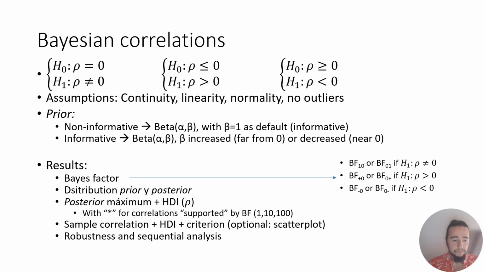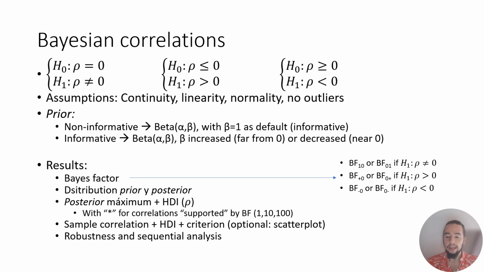And now we can have a different set of priors. Non-informative priors are a beta distribution with beta equals 1 as the default. And we can also become informative if we just start to modify alpha, okay? The informative prior is also a beta distribution. However, we can decrease or increase our beta parameter, okay? So we will have a Bayes factor, the distribution of the prior and posterior, and the posterior maximum with the